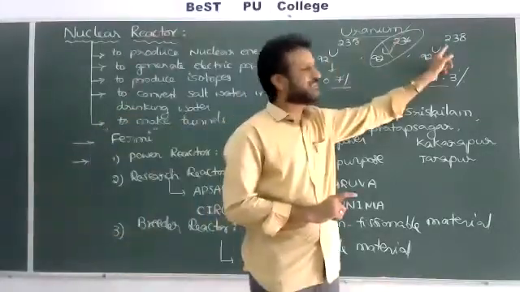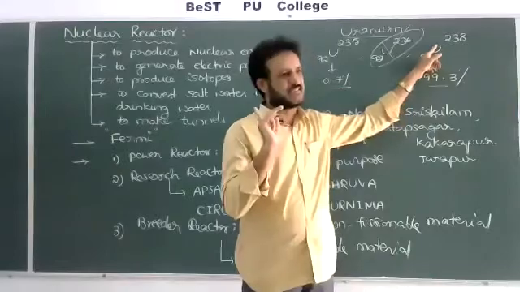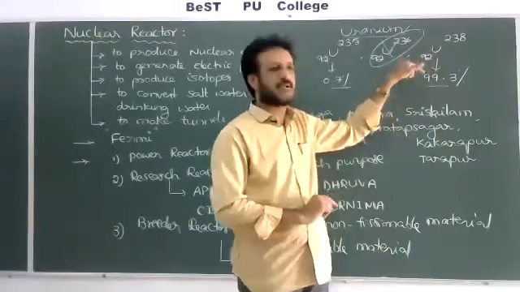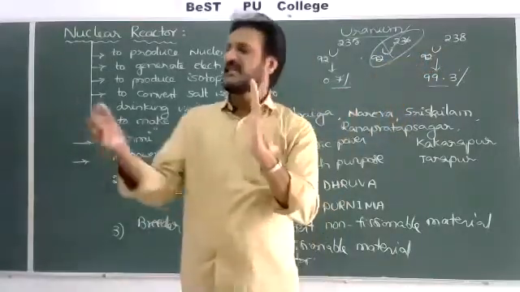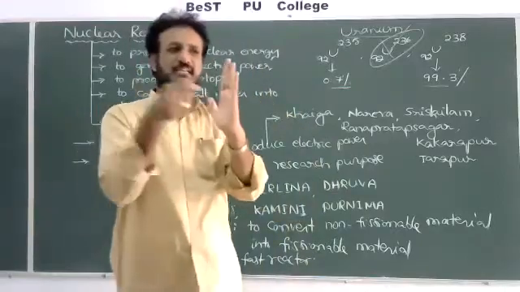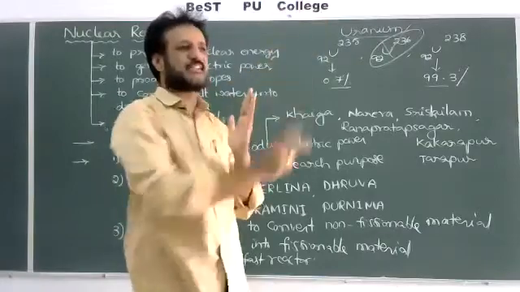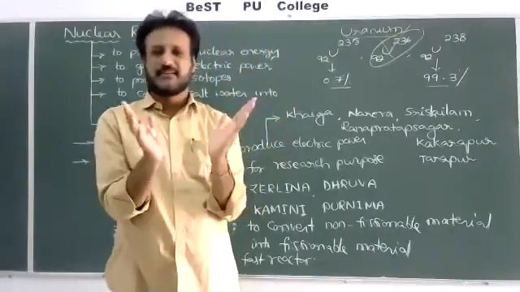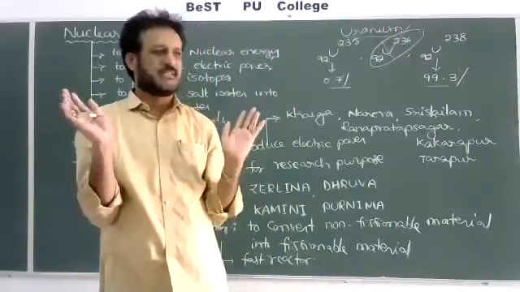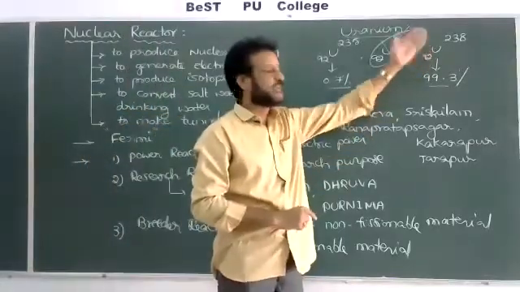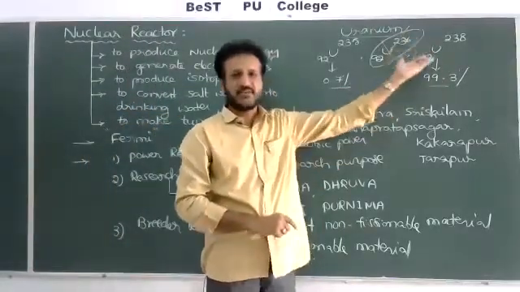But it causes fission only with the slow neutrons. A fast neutron means there is a problem. Whenever we send a fast neutron to collide with uranium 238, it will penetrate, come outside and go to the other side. So it will not break, and the fission process is not possible further. That's why it is not much useful. But more quantity is available naturally.